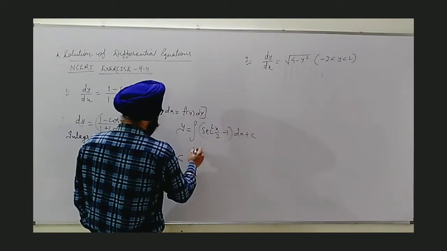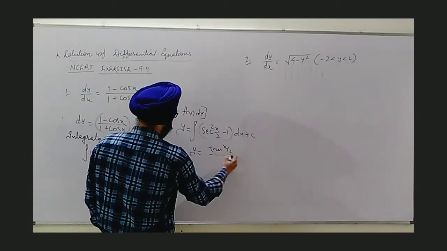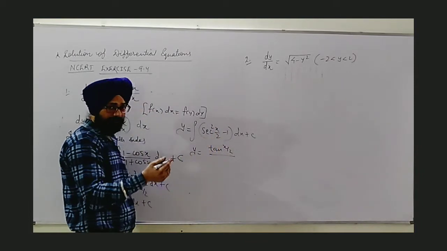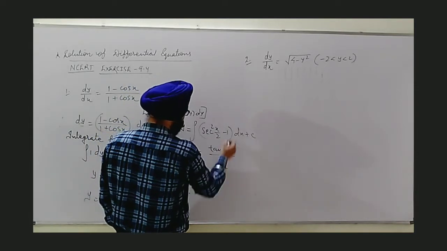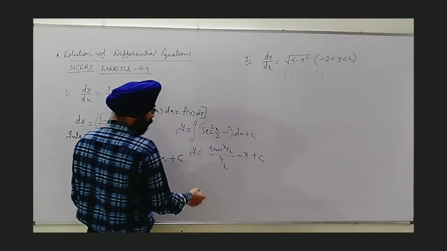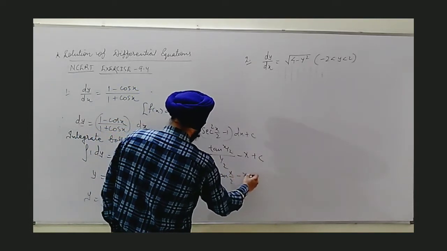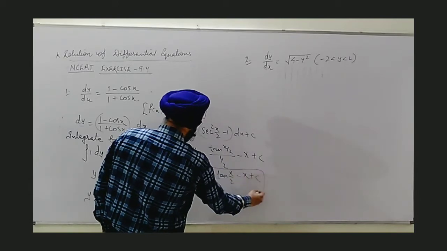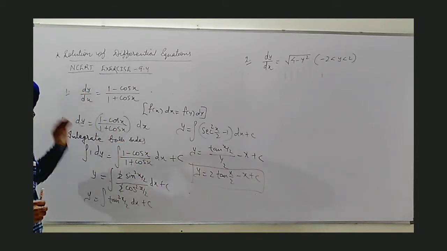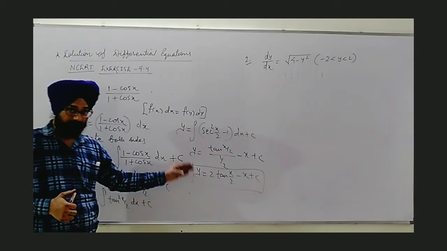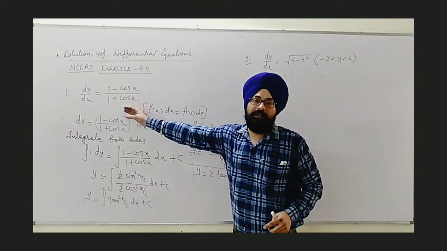And now we can integrate the terms. This will become, sec square, it's tan x by 2 divided by, now I hope that you are perfect enough to do that, otherwise use the substitution method, 1 by 2 here, minus x plus c. When this is simplified, we get 2 tan x by 2 minus x plus c. Means this is the equation by differentiation of which we have obtained the differential equation given. This is the original equation. So this is the functional equation associated with the given differential equation.